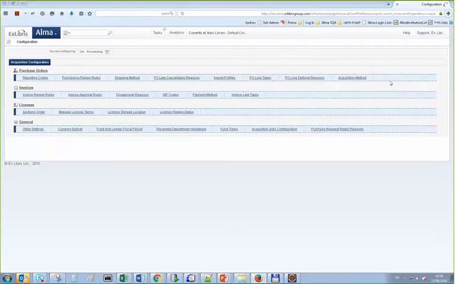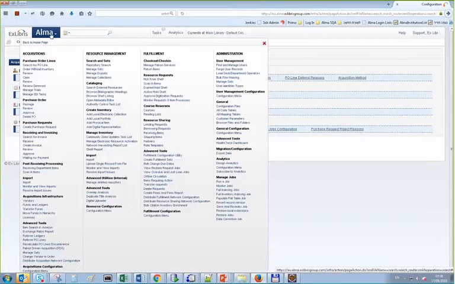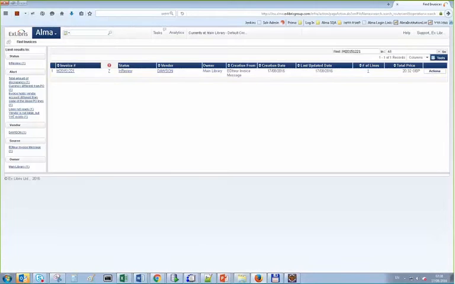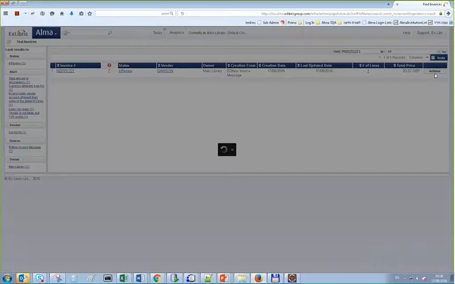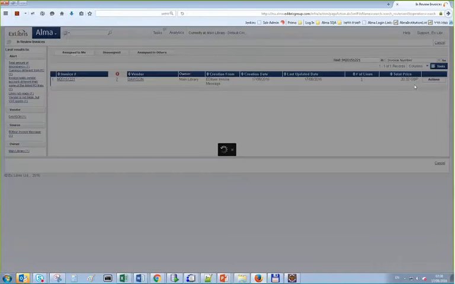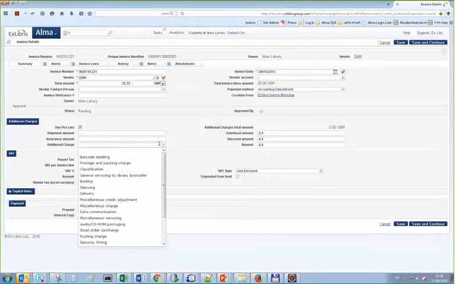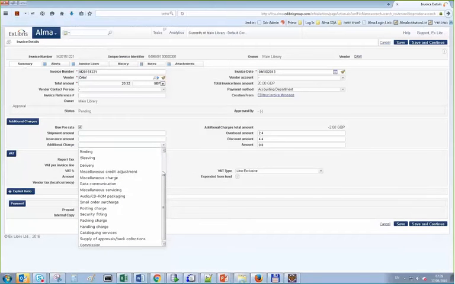So currently our system is set up to have additional charges. Let's look at the invoice we just loaded. Just to let you know, this invoice had additional charges. When we loaded it, these additional charges were calculated to the overhead amount. What I'm going to do, and just let me show you, you can add manually each, if you enable